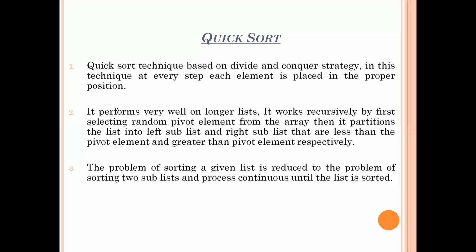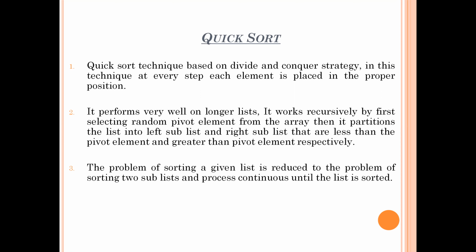So how is quicksort implemented? We said it is implemented using divide and conquer, so now we will see how. It works recursively by first selecting a pivot. For selecting the pivot, we have many strategies. Generally, at the student level, we say you select the first element in the list as the pivot.